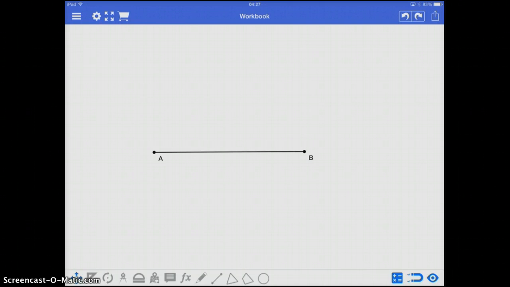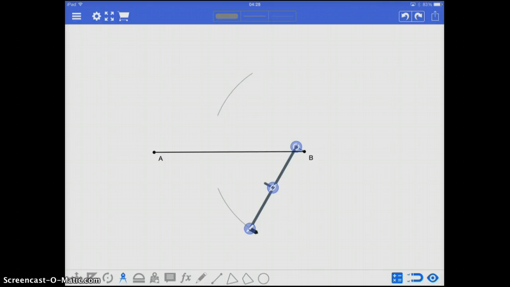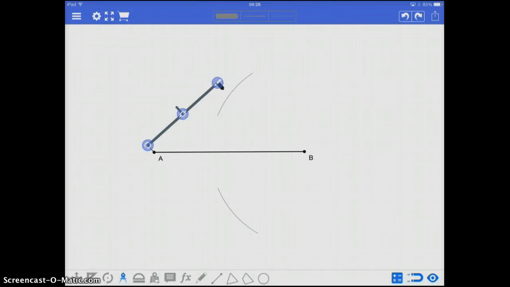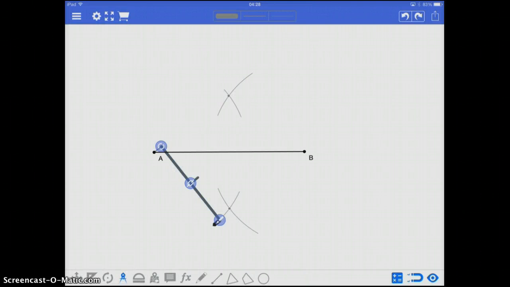So what I do is I start with a compass, I set it at one of the endpoints, and I make sure it's at least over half the length of the segment I'm trying to bisect. I move above, make a mark, as well as below the line segment that I want to bisect. Next, I take this and I place it at my second endpoint. I bring it down, I arc above and below, and what I've done is I've started to create two circles. The characteristic of the circles is they're going to be at equal